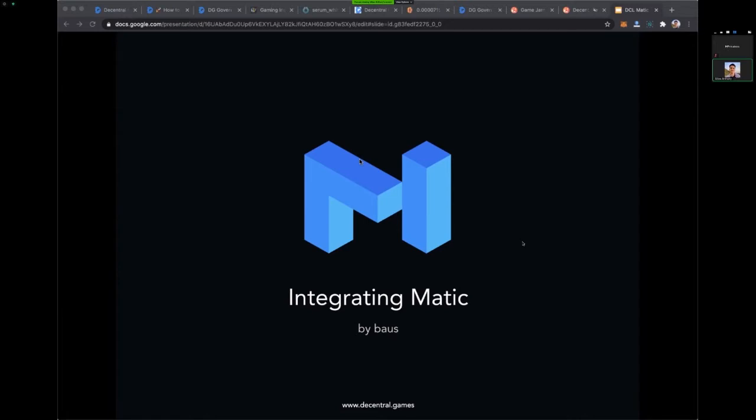But anyways, let's dive into it. So basically, I just wanted to start with a general overview of what Matic is. I know most of you are pretty familiar with it, but the thing that really makes Matic unique is it's the only layer 2 solution that is a general purpose layer 2, meaning that it really recreates the developer experience from Ethereum on the second layer. So in other words, it's account based. So any game smart contracts or just decentralized applications that you make on Ethereum, you can easily port them over to Matic